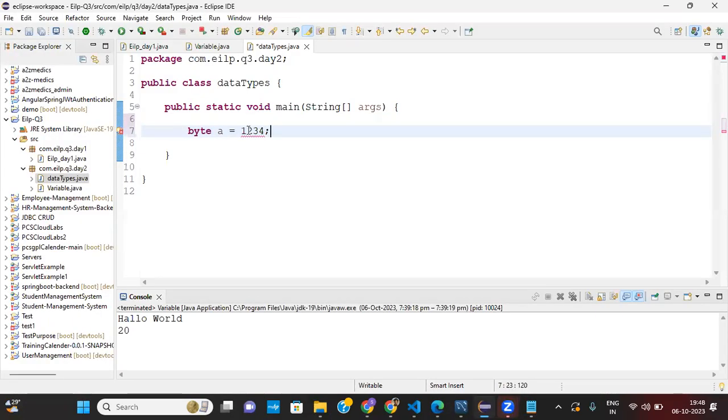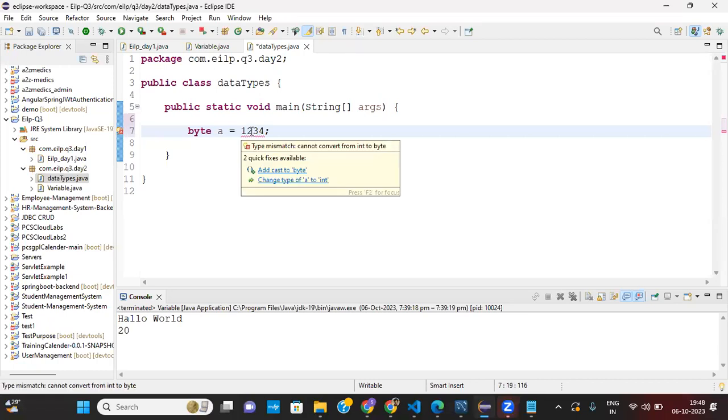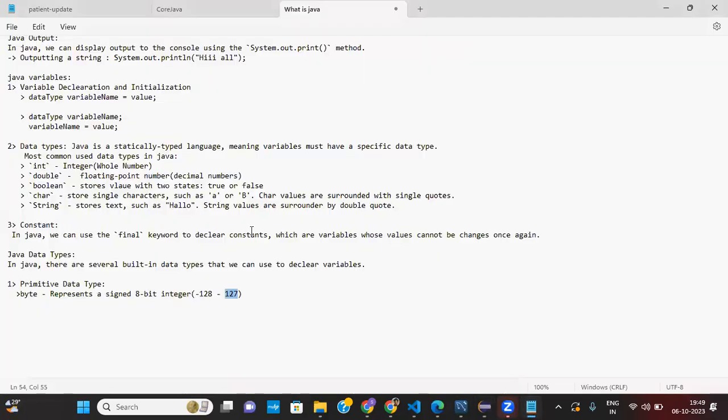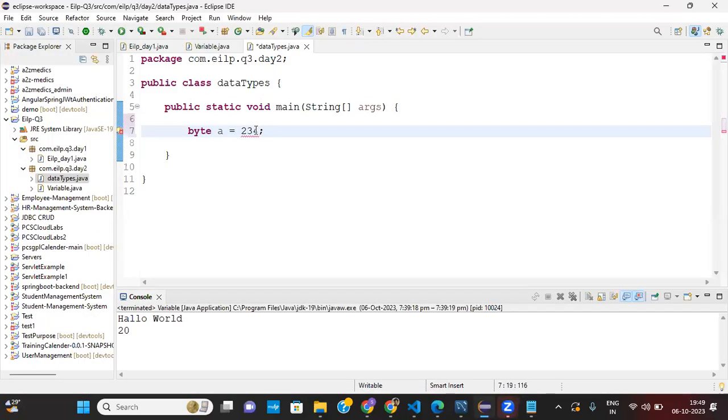If I give up to 4 digits, it gives me an error. Even if I give 128, it will give me an error. Now if I give 127, it takes 127. Okay.